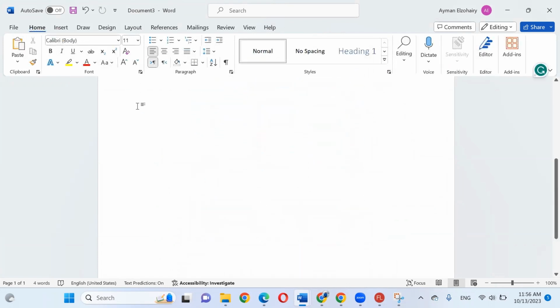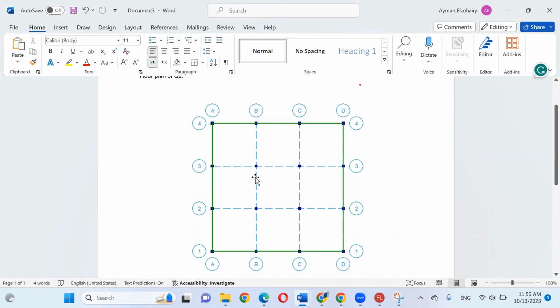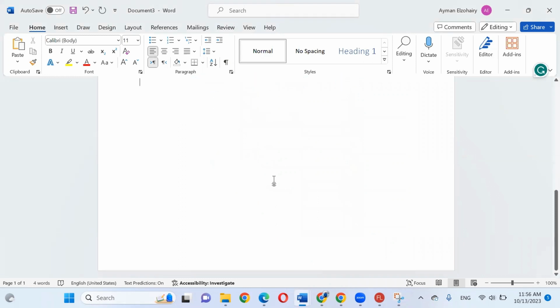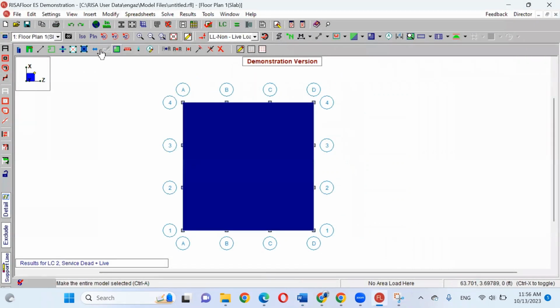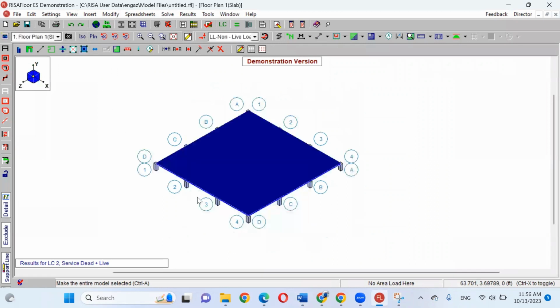Then I can go back to RISA. This is for your information. I can show up the isometric with the columns, with everything.